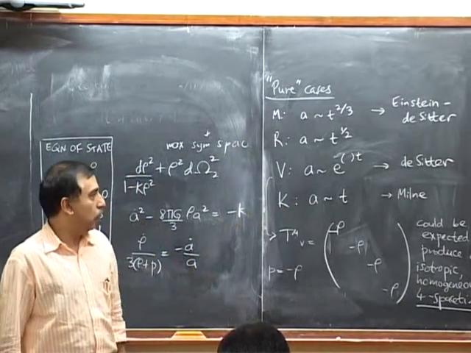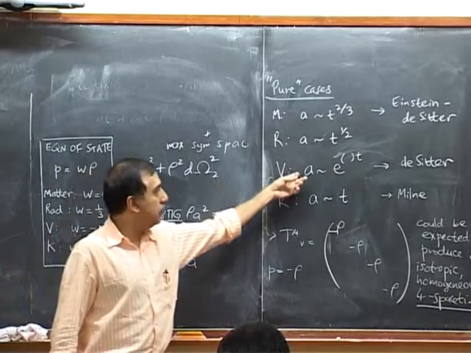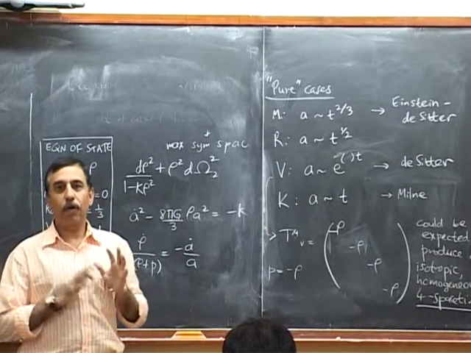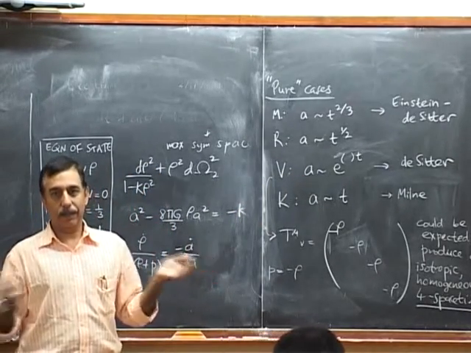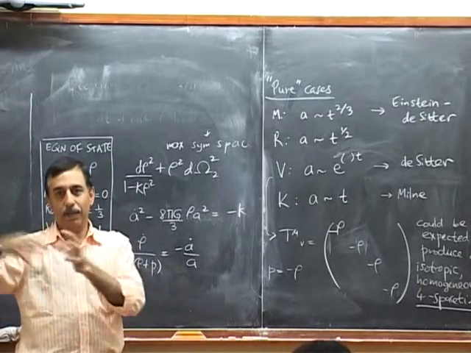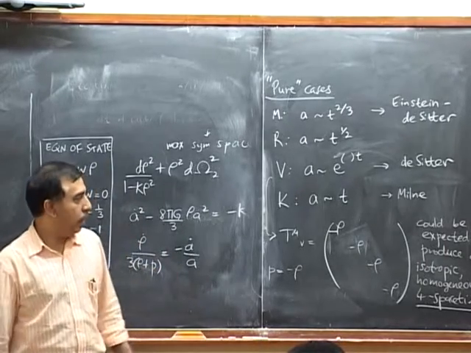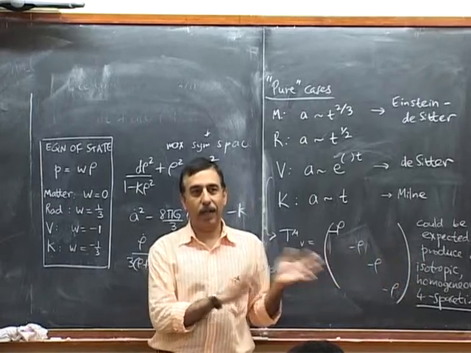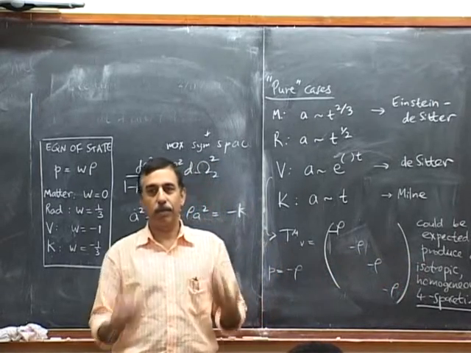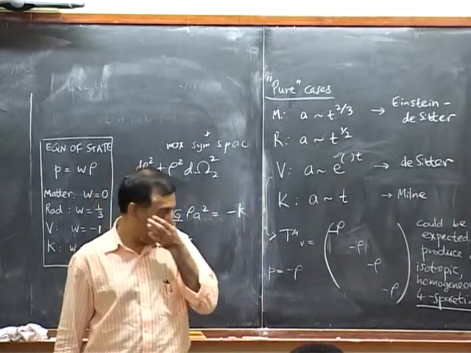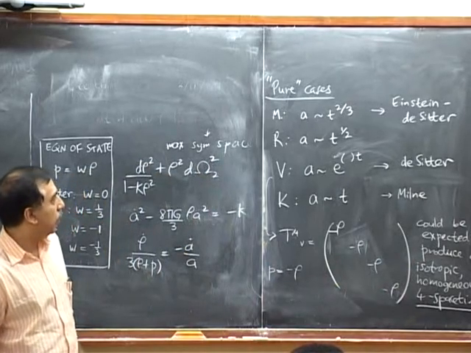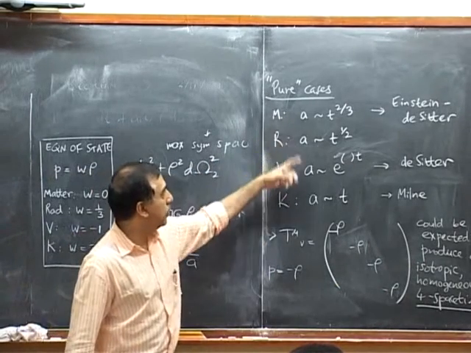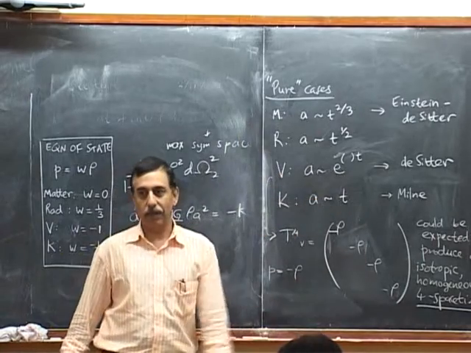Excuse me. So what happens is that in these cases, the 3 space in these coordinates is flat and the 4 space is expanding in time. So the 3 space is part of it is expanding. Okay, but in de Sitter coordinates, it's neither any part of it is flat nor any part of it is expanding. It's homogeneous and isotropic. Yeah, I'm sorry. Thank you for correcting that. Because these are all pure cases. These are all cases where, so these 3 cases being pure means k has to be 0.